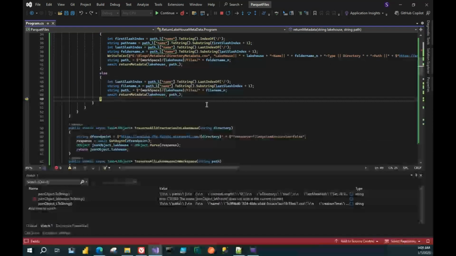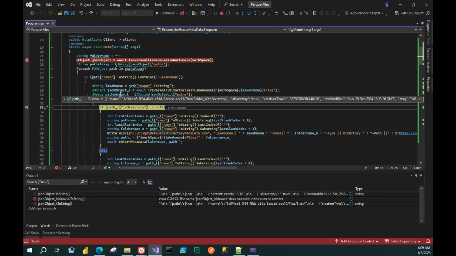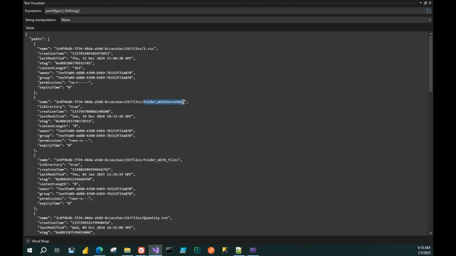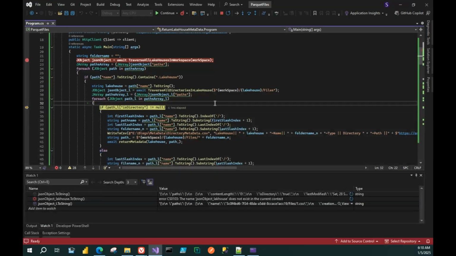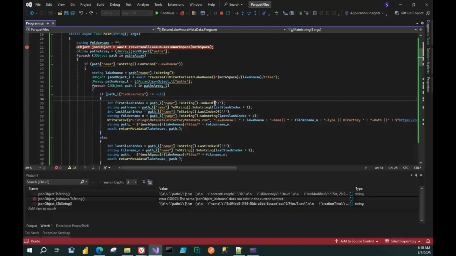So it's going to step into the next object, which is in the paths array, right? Which is this, the folder with secret key. Okay, and since the folder with secret key has this property is directory, it's going to step into